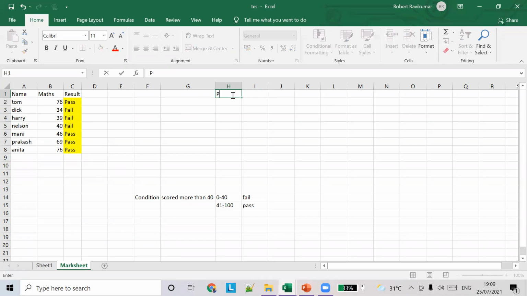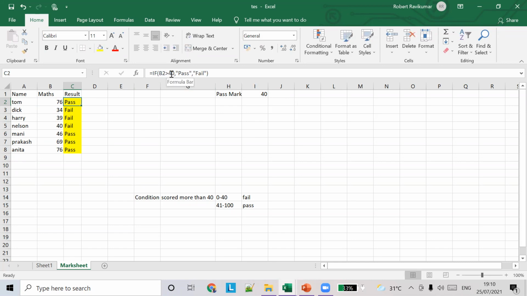Pass mark is 40. And what we are going to do is refer to this cell, 40. So instead of greater than 40, we can change the formula here. What can we do to change the formula? We have to give another cell reference, right? So 40 is here. Can anybody help me how to change this?